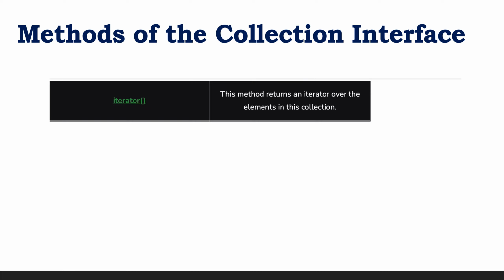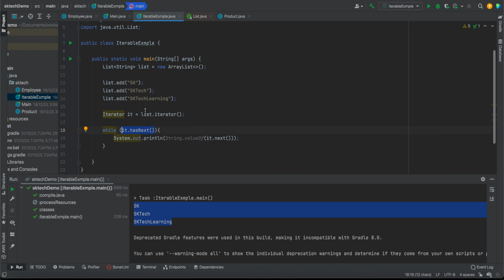The next method available inside the collection interface is iterator. We have already seen what the use of the iterator method is. This method returns the iterator interface, because if you want to use the iterator utility methods, we need to create the iterator object, and this method returns it. That's what we have seen in this example also.